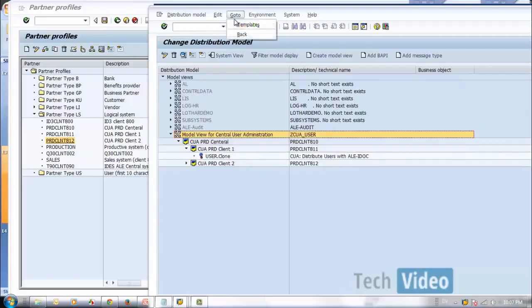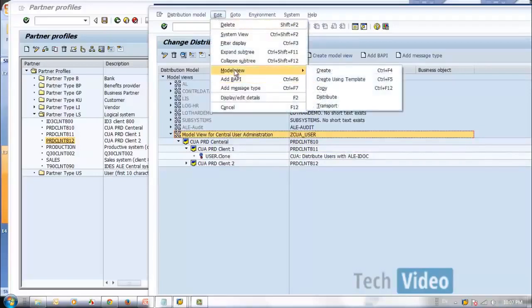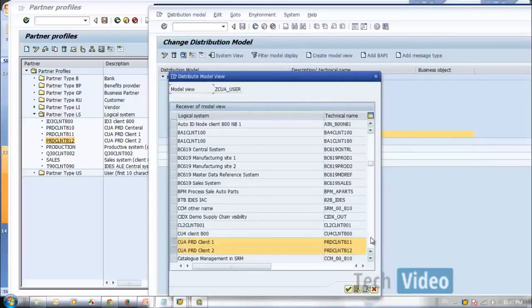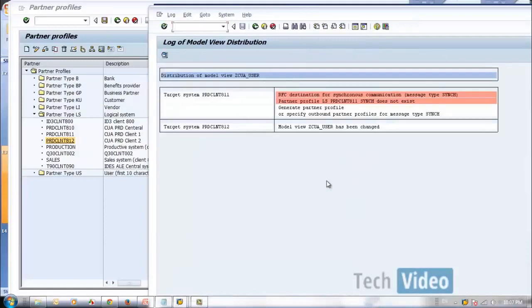Let's try to distribute it one more time. Nope, it does not go.